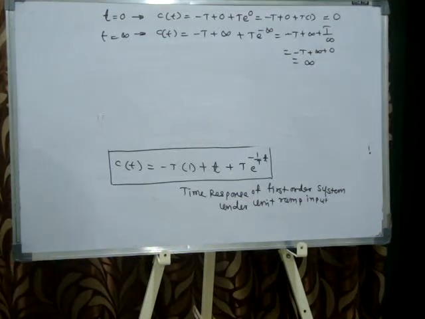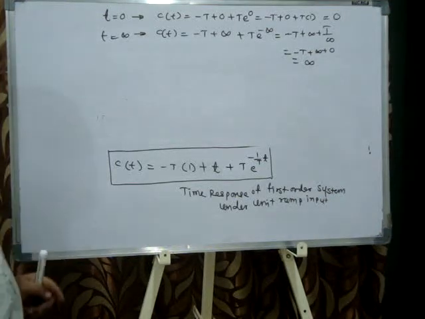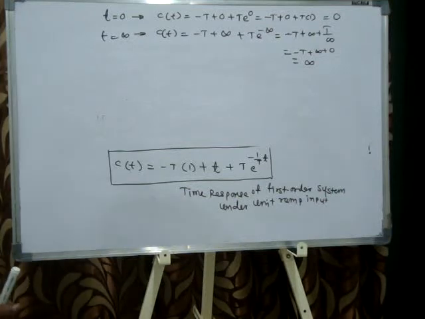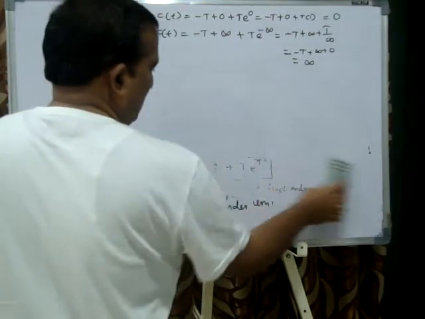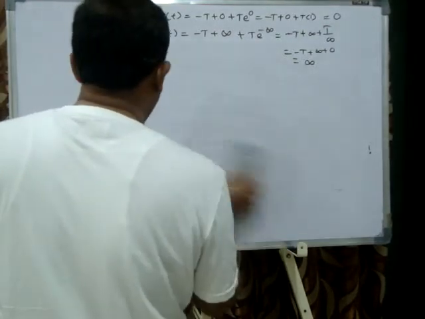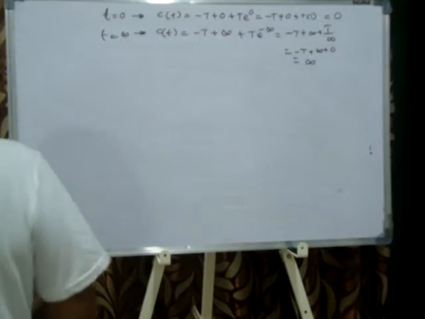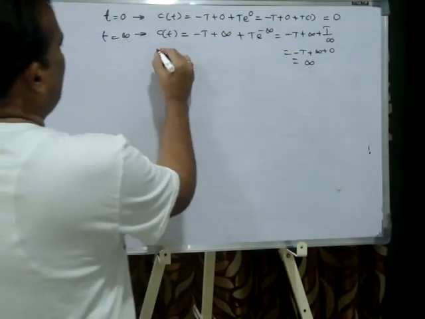And sufficient time means what? It is a sufficient time. So after sufficient time it goes to infinity. All the values go on increasing with respect to time. If I draw the graph,